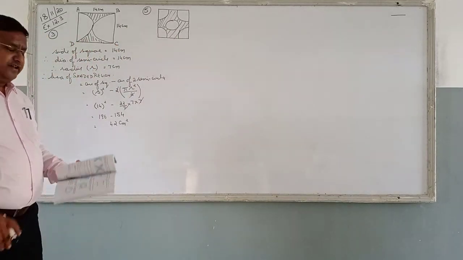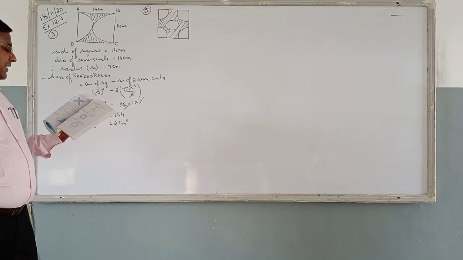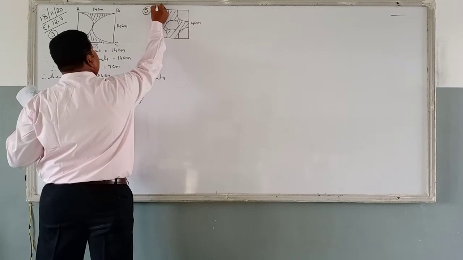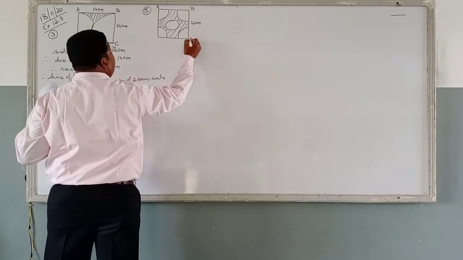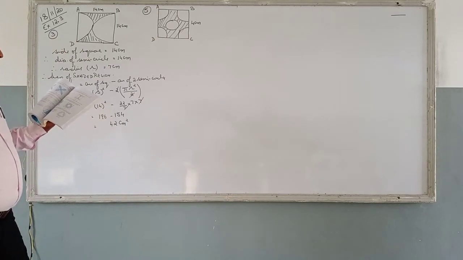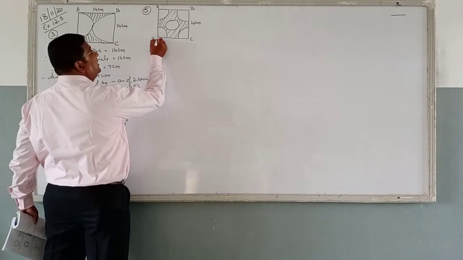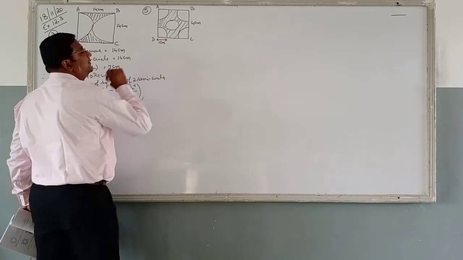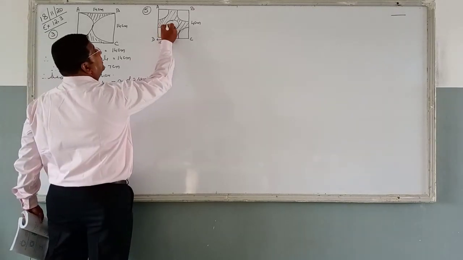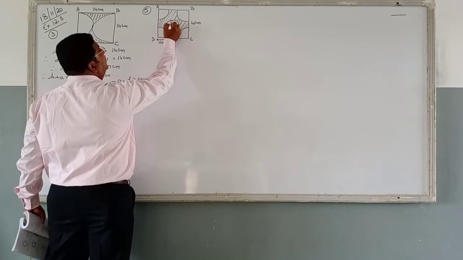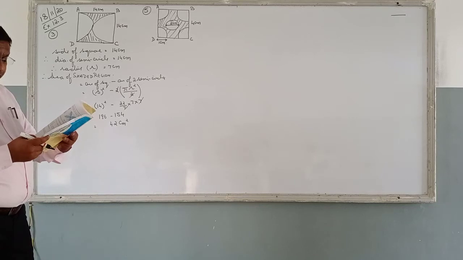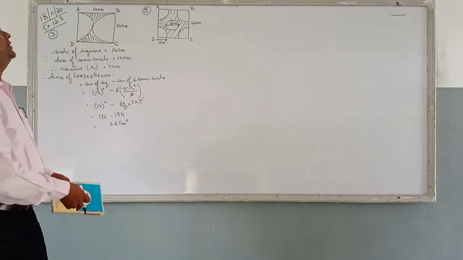Read it. Everything is given. He says also from each corner of the side of the square, 4 centimeter. This is the square of side 4 centimeter. This is A, B, C, D. A quadrant of a circle of radius 1 centimeter is cut. What is this radius? Radius of the quadrant 1 centimeter from each corner. And also a circle of diameter 2 centimeter. The diameter of the circle is 2 centimeter. So what will be the radius? 1 centimeter, isn't it? He says find the area of the remaining portion of the square.